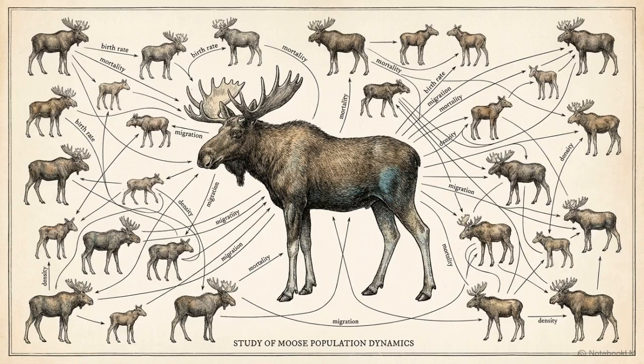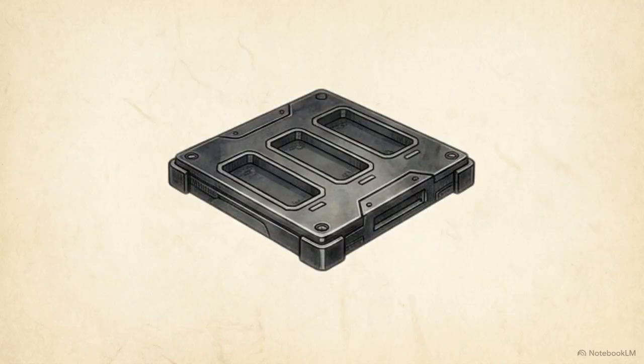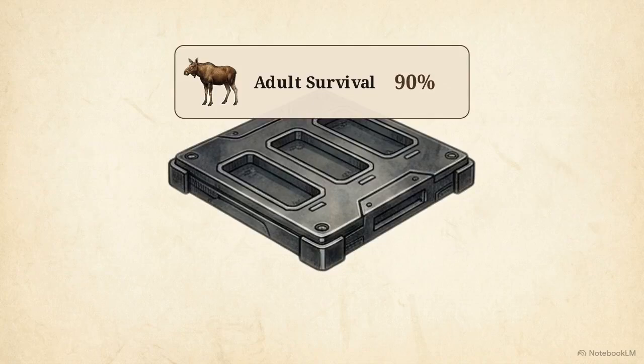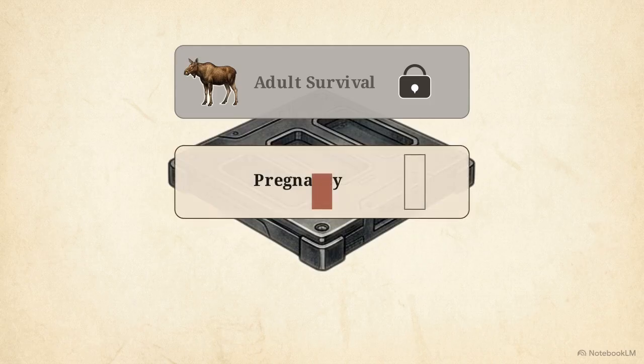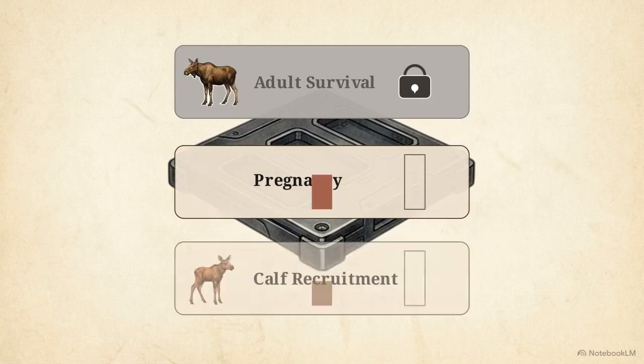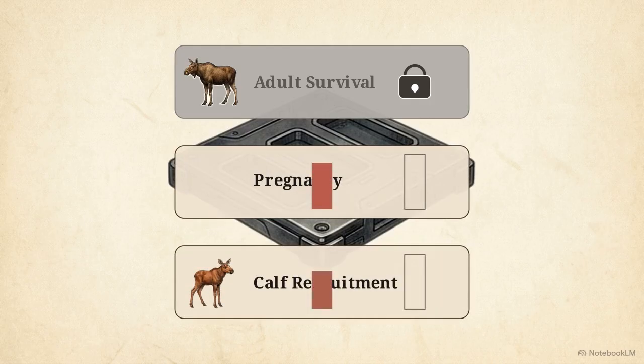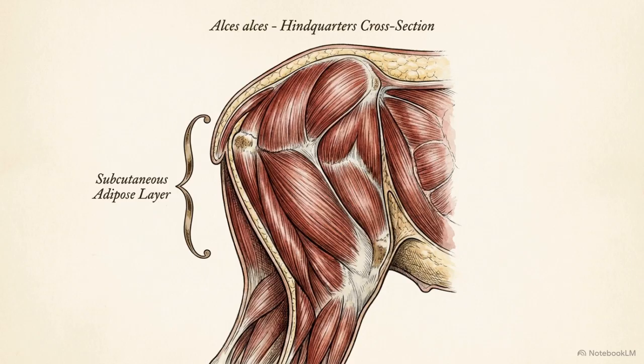Translating those individual energetic limits into population-level trends requires looking at the specific life history strategy of large, long-lived megaherbivores. In a standard demographic matrix, adult female survival remains rigidly constant, prioritized regardless of environmental stress. Because her survival is mathematically locked, herd volatility is driven almost entirely by fluctuations in reproductive output. The biological middleman that connects environmental energy intake to that reproductive output is maternal body condition, measured specifically via winter